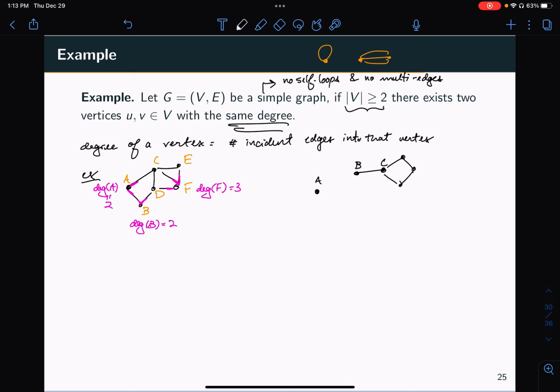The degree of A is 0, because it has no incident edges. The degree of B is 1 because it has one incident edge. The degree of C is 3. But then the degrees of these three vertices are 2: the degree of this is 2, of this is 2, of this is 2. And so altogether, we have 3 vertices that have the same degree. Of course,